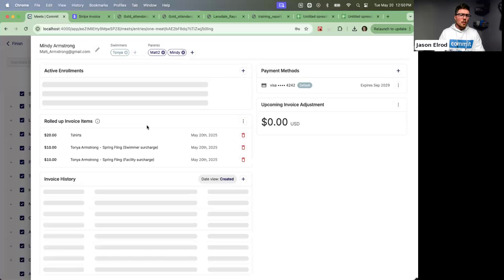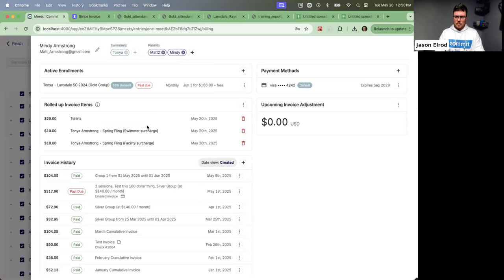Yeah, and there's a real quick point, just so it's clear for people. If you're not doing the roll up and you have it in the draft, you have two options of how you can bill them. You can finalize it and immediately charge the payment method on file, and it'll go through and charge everyone. If they don't have a payment method on file, it'll just default to send them an invoice.